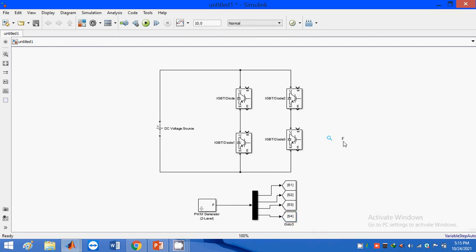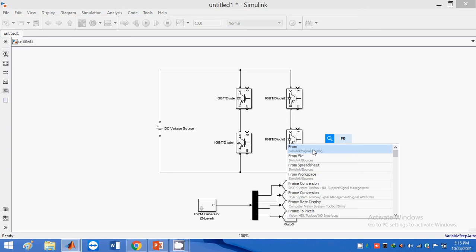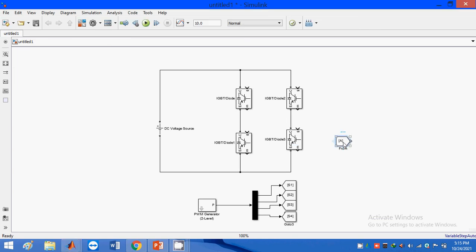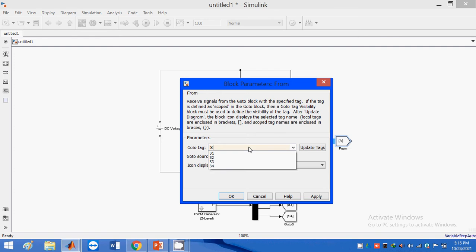And we require From blocks. Place these S1 and S2, all these things.